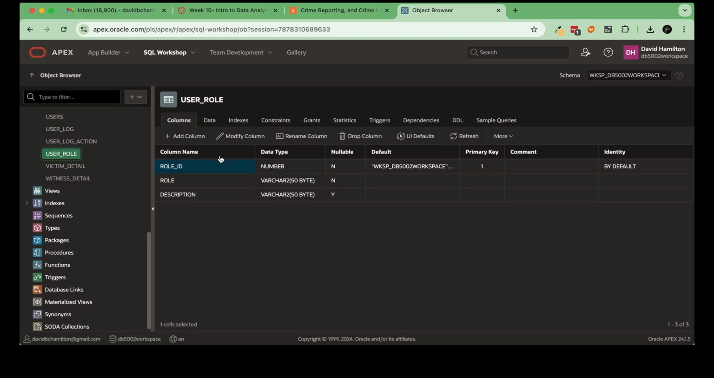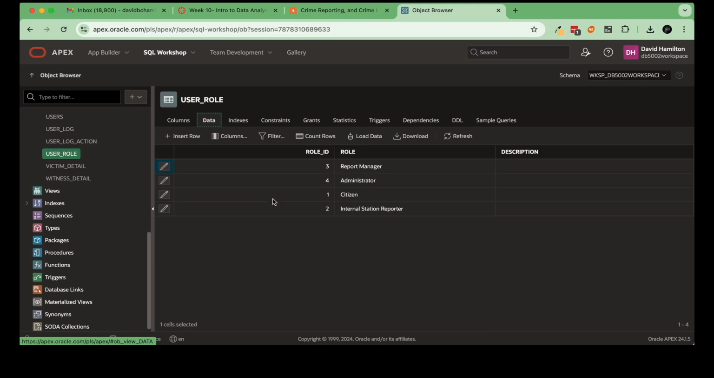Let me just pull that up quickly here. You have your citizen user, which is your average citizen reporting crime. You would have your administrator. The administrator has total privileges and would also be able to create users, delete users. You would have your internal station reporter, which is like a police officer making reports. Either they received a report from a citizen or they noticed something in the field and they decided to make